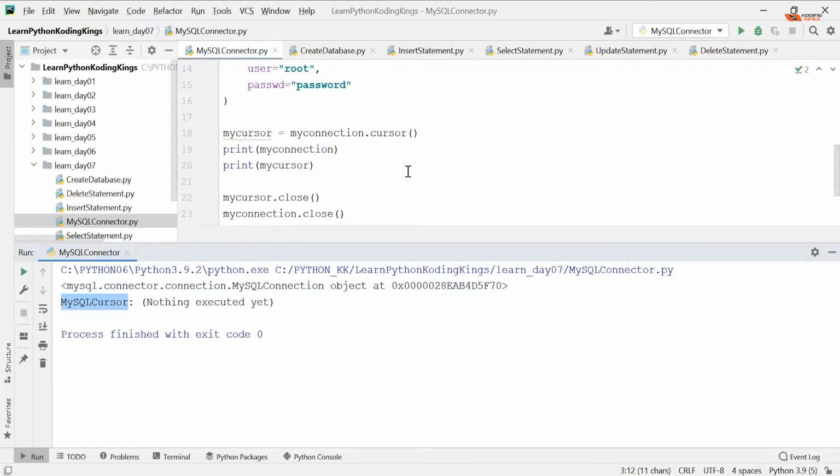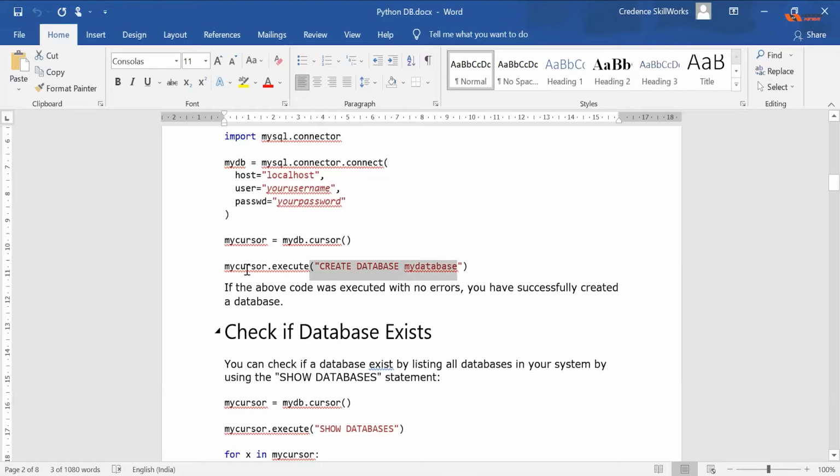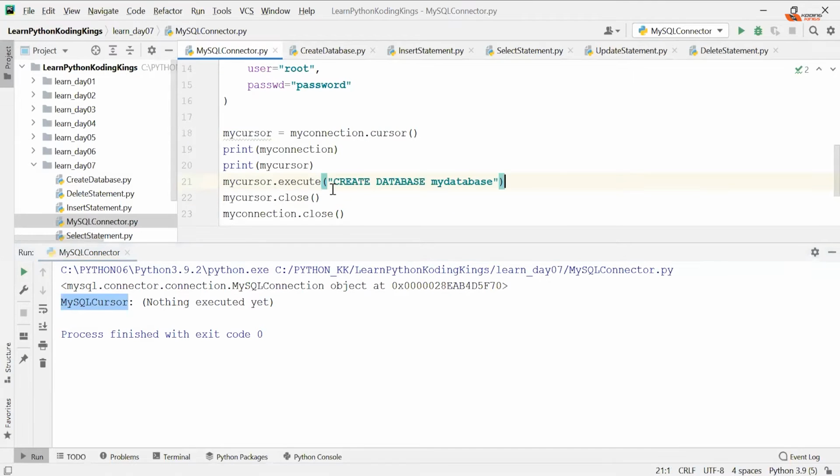Cool. So now let's make our own database. How do you create a database? You have a command, the create database command. Cursor executes everything. Cursor has an execute method and it executes everything. So let's have an execute method on cursor and let's create a database. Here I print create database, and I'm giving a name. KK stands for Coding King, Python, and our batch is called June 2021 or June 21.